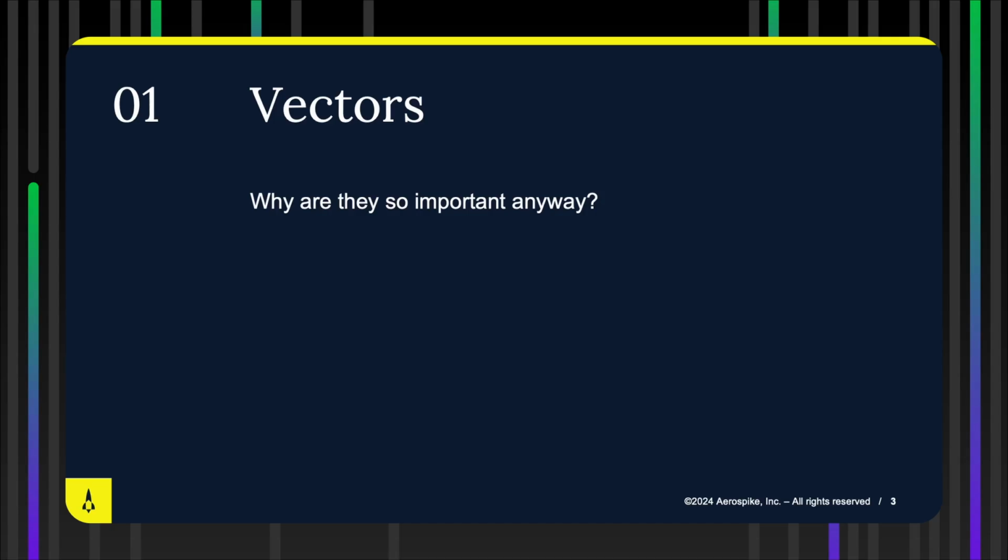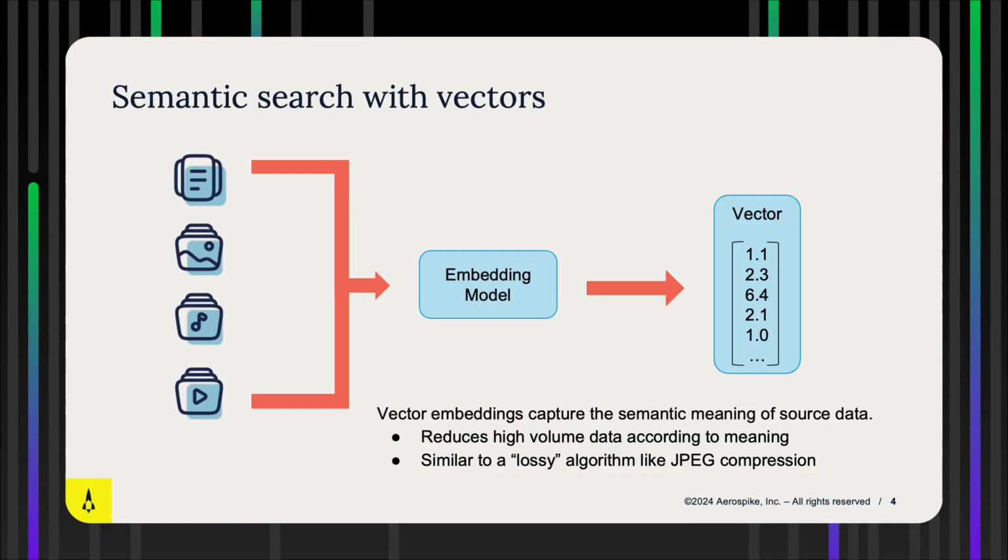When we want to start talking about vectors, one of the most common things we talk about is semantic search with vectors. And really what this means is I want to take source information, and the source information can be images, it can be video, it can be text, it can be documents, it can be objects that have meaning to your business. And we turn them into a vector. We use some form of a model to turn them into a vector, one of those arrays of floating point